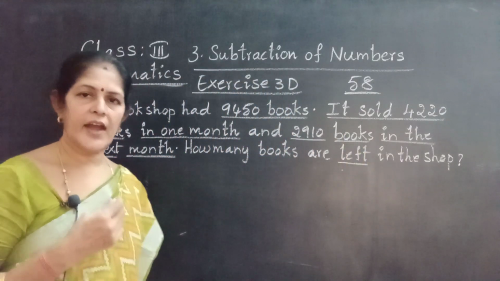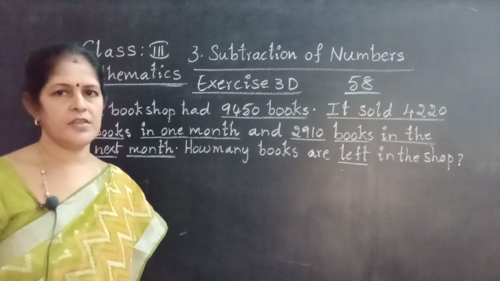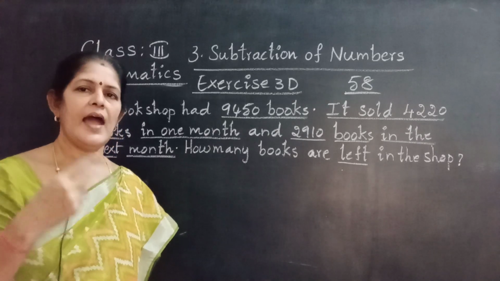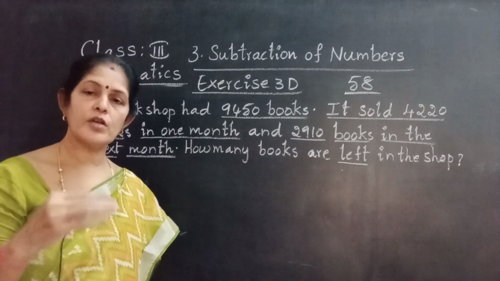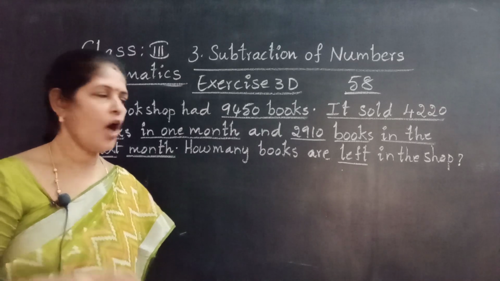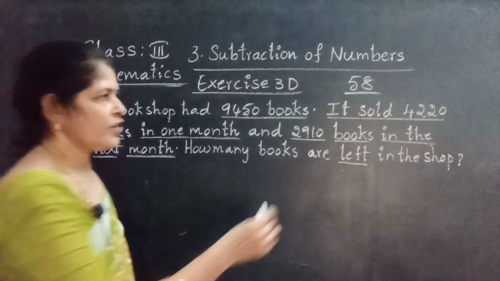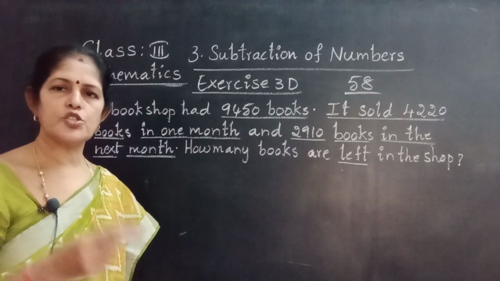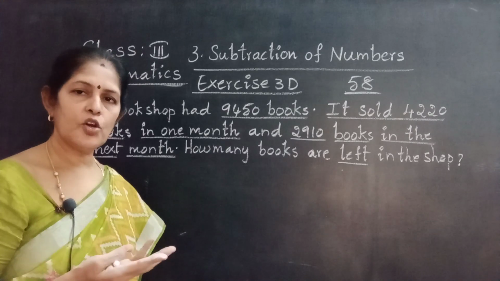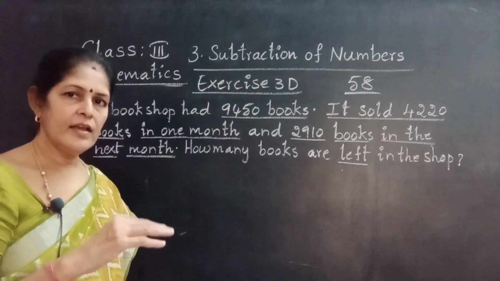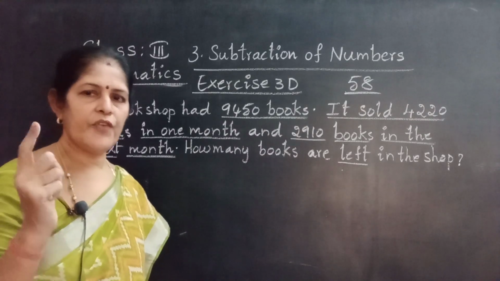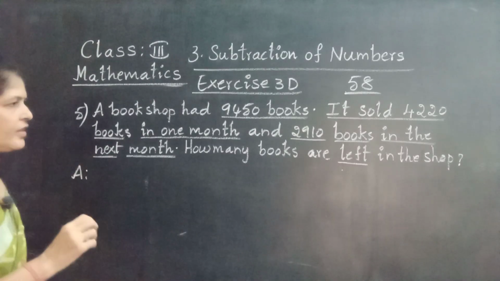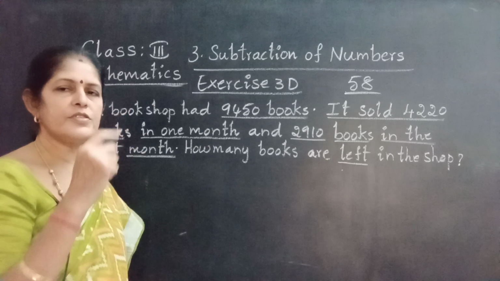Okay, here we write the answer in 2 steps. The first one is how many books are sold in the first month and second month, find the total books sold. Then second, how many books are left. First we take the number of books sold in the first month and the number of books sold in the second month, and find the total number of books sold. Then the second step. Okay my dear children, first write the first step. Ready? Leave a line. Here we write the answer for this problem in 2 steps.